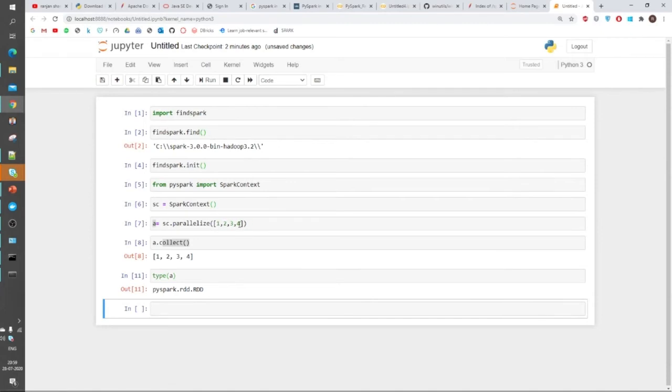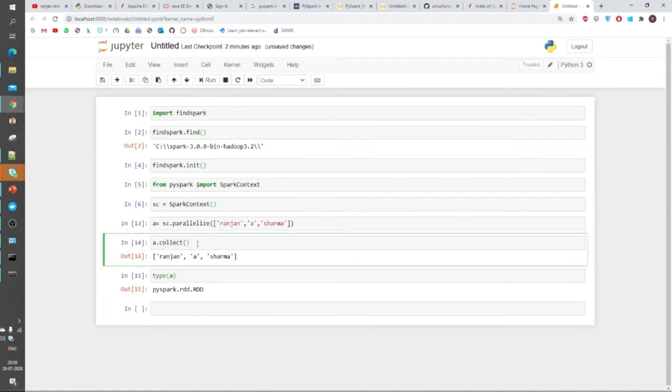So I can give any information here. I can give strings as well. I am just showing this function in the lab only. We don't use collect because collect will give me all information. If I am collecting all information from the RDD, then there won't be any use of using RDD in PySpark, because once I'm using this, it will put all information into the RAM. So in that case, we generally use take.